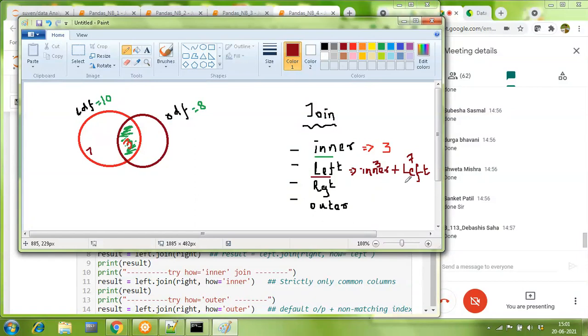So left means take what is common plus take what is left with you. I'm sure you should be in a position to tell me yourself what the output for right will be. Obviously, right will also be inner plus.